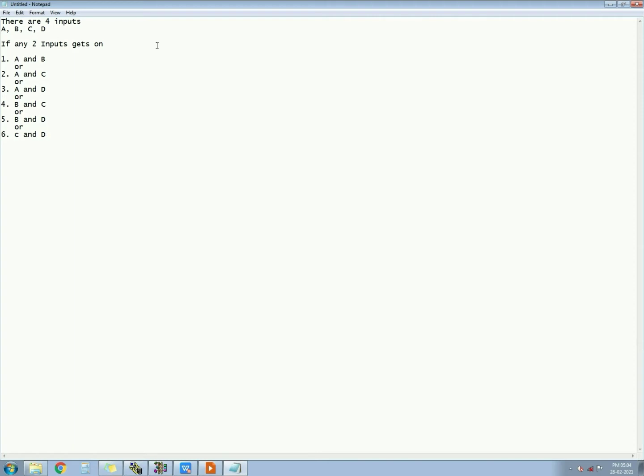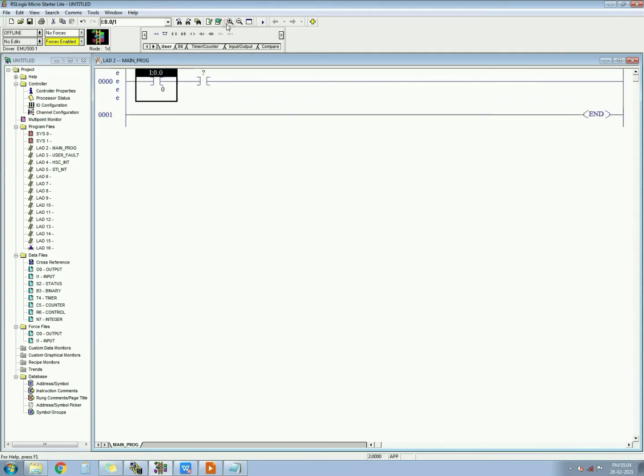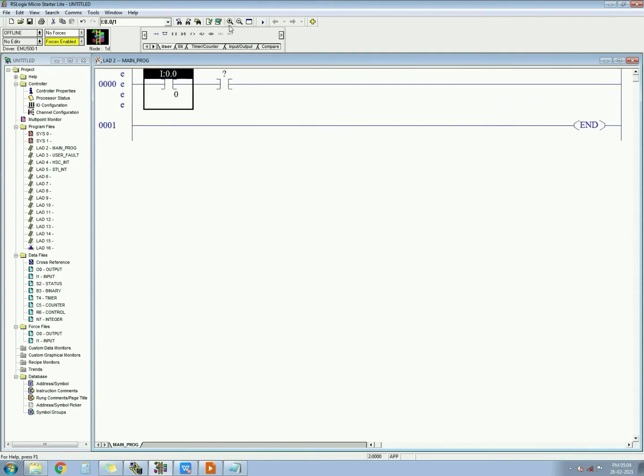So we will make a program for this. Okay, let's go to the program. A and B. Let's write addressing I1:0.0/0. So you know the addressing now. Let's increase the size so you can see clearly.